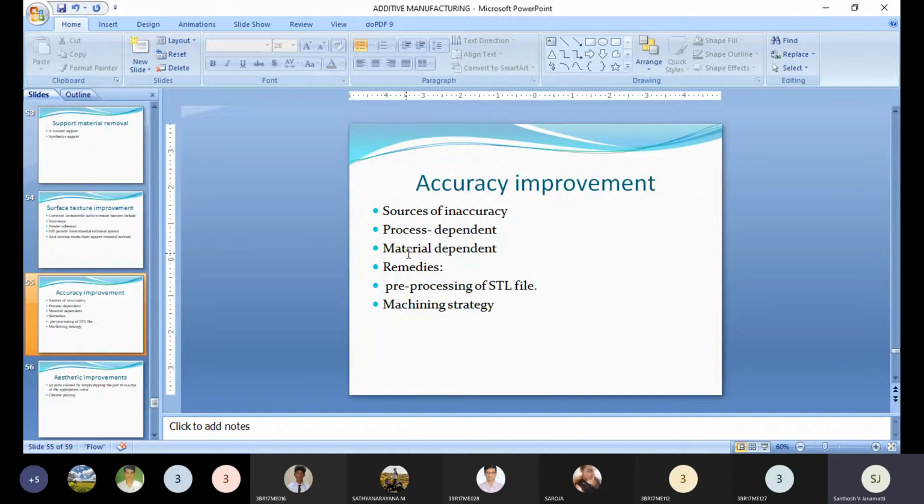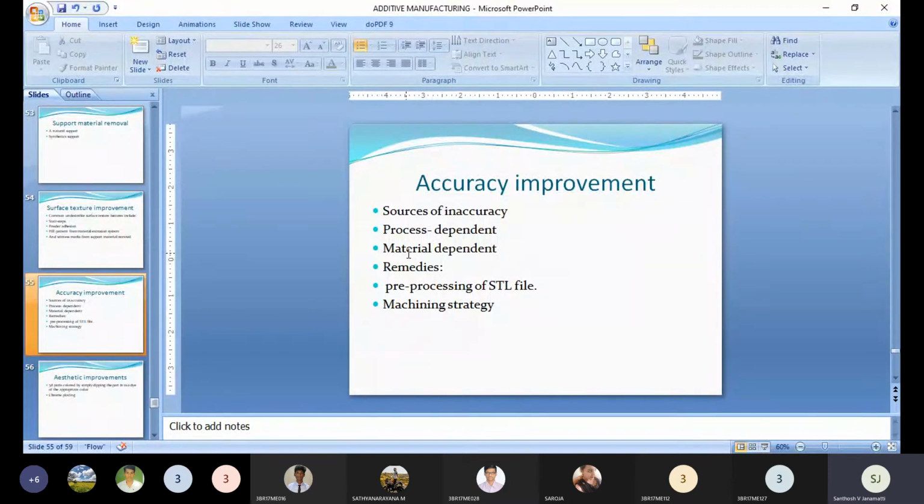For example, dimensional shrinkage problems. Once the material shrinks, we get an undersized 3D product. Sometimes the surface structure will be very rough with a number of flaws. Sometimes we can expect blowholes, or pinholes, small stair steps like this. There are such problems we can expect from the material also.